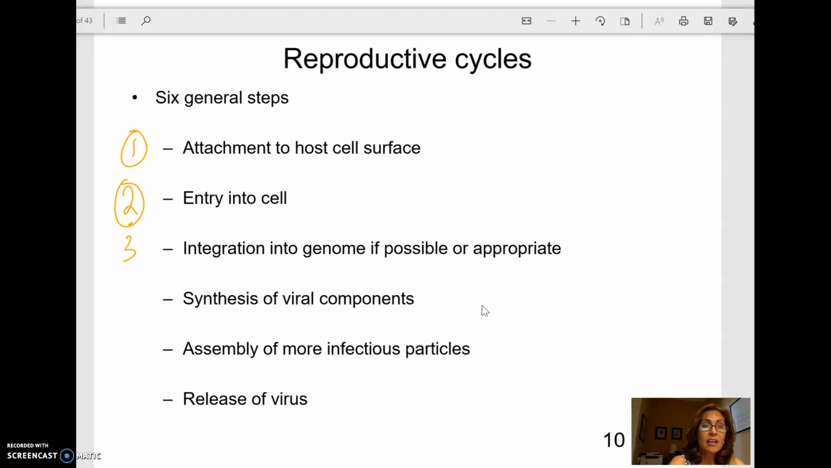Now, after that, you have integration of the genome, if that's a part of its particular infection mode. If the virus is going to be reproduced, new viral components need to be made. New viral protein coats need to be made. New capsids are made. And then you have the assembly of what we call infectious particles, the assembly of the new virus. So you have to have the protein coat, maybe that viral envelope produced, new DNA or RNA put in the middle, and then release of the virus. That's when you start sneezing or coughing, or the transmission route is